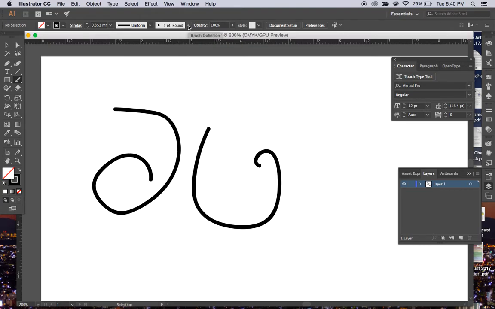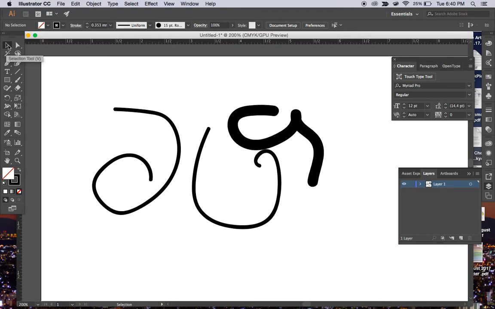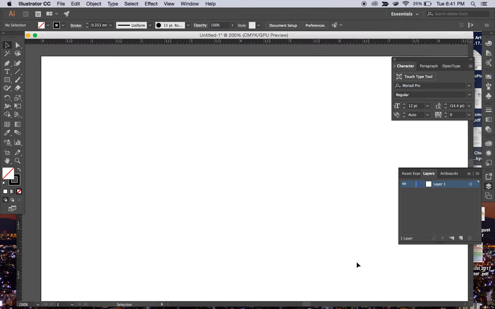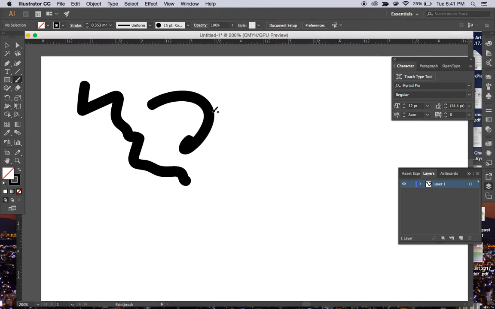Now, that is not a particularly wide brush stroke. So I'm going to keep messing around. There we go. Maybe that's a little bit wider with what I'm working with. Okay. Now, my selection tool up here in the corner will let me click and drag over all of those and kind of get rid of them so that I can work with what I want. And back to the brush tool. Now, one of the interesting things about this is that I can make it kind of messy and it will smooth it out for me, which is kind of cool,